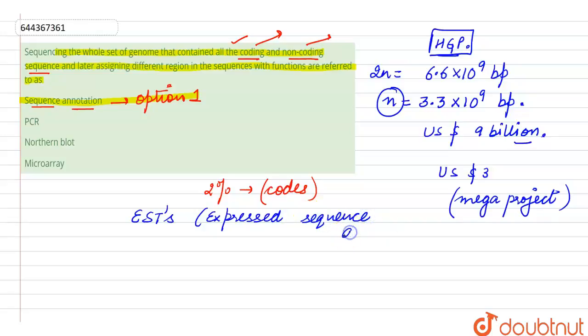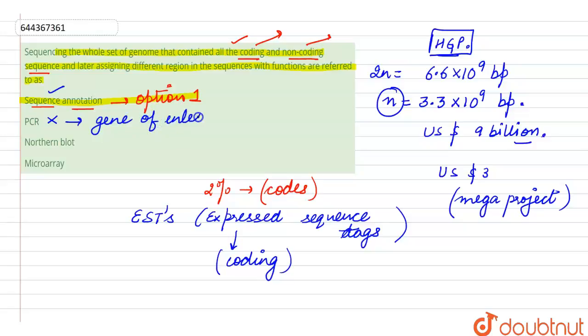Expressed Sequence Tags means that only the coding segments of the DNA will be sequenced. So the whole genome in this case was not done, only the coding part of the DNA was sequenced. This is just the opposite of what was done in sequence annotation. So this is the right option, whereas PCR is polymerase chain reaction, which is to make multiple copies of the